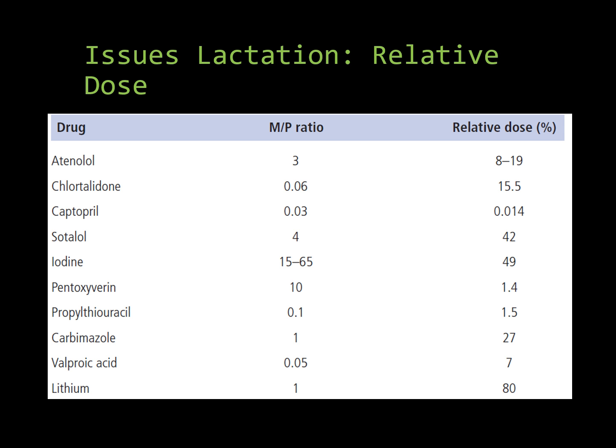So there is a weak correlation between the milk plasma ratio and the relative dosage. Where the milk plasma ratio is high, for example iodine, it's almost 15 to 65, so 49% of the given drug actually goes to the infant, which is not good. Otherwise, captopril has a milk plasma ratio of 0.03 and the relative dosage entering the milk is 0.014. But chlorthalidone has a milk plasma ratio of 0.06 and a relative dose of 15%, because there are other factors which come into play